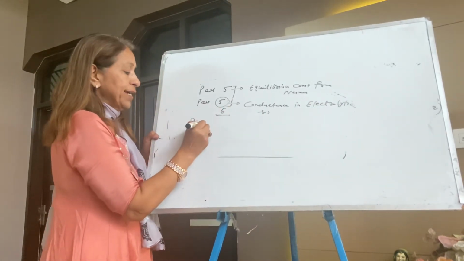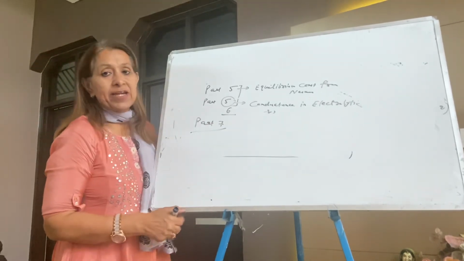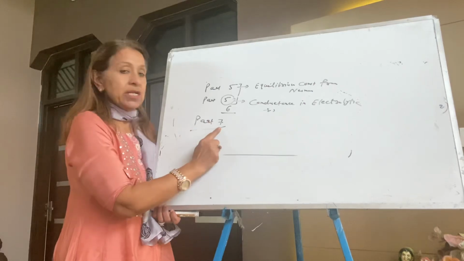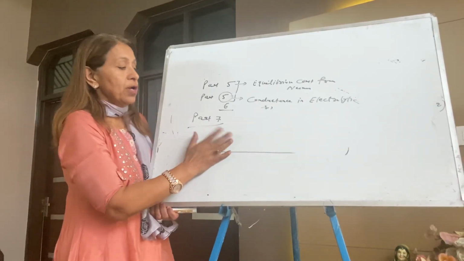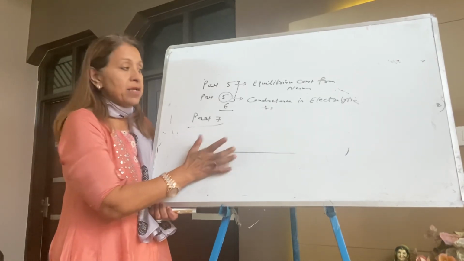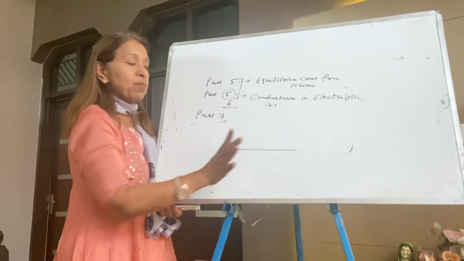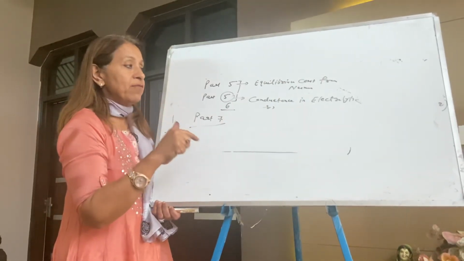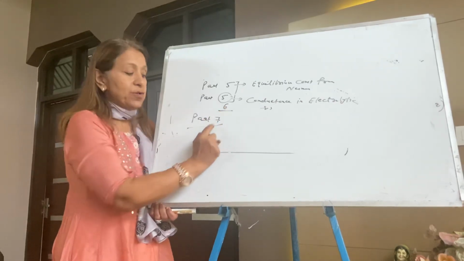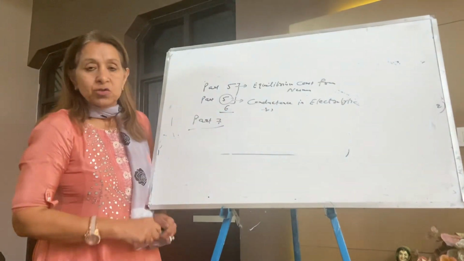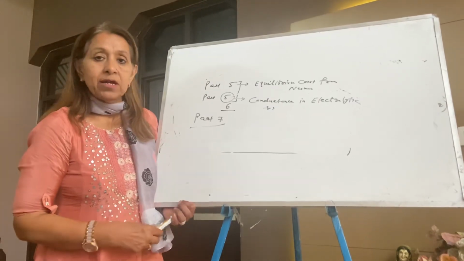So today your lecture is part 7. In future I will write the parts. Today your lecture is part 7, that is the 7th lecture of electrochemistry going on, and today your topic was numericals of this topic. Where is equilibrium constant from the Nernst equation? Read part 5. Where is conductance in electrolytic solution? Read part 6, and today it is part 7. So this is all about today's lecture, and about Kohlrausch's law I will take in the next lecture.